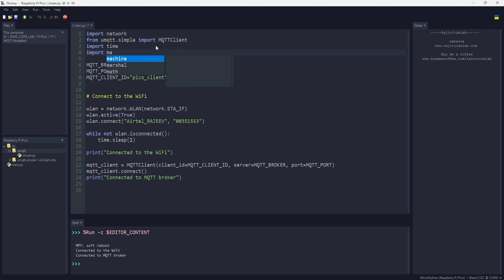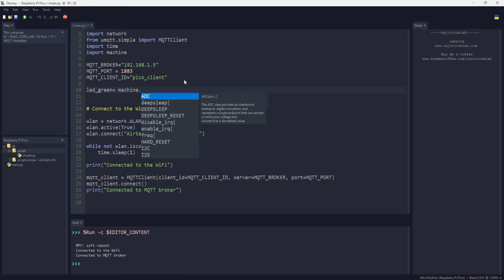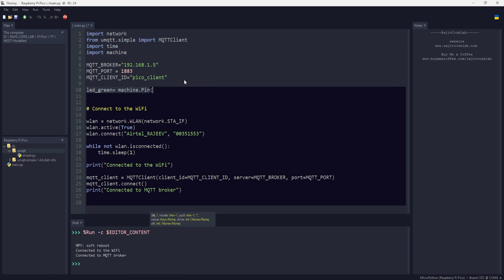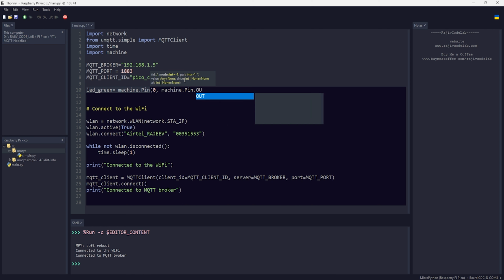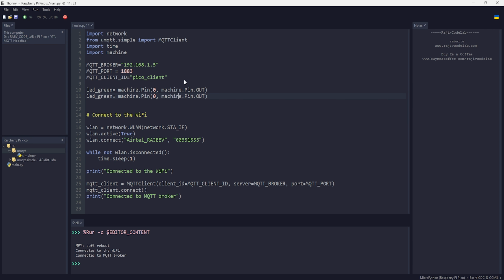Import machine, and let's create here LED green equals machine dot Pin, and it's connected to GPIO 0, so that's what I'm providing, machine dot Pin dot OUT. Okay, now let's write the same for the red, LED red. So the next thing, guys, what we have to do is